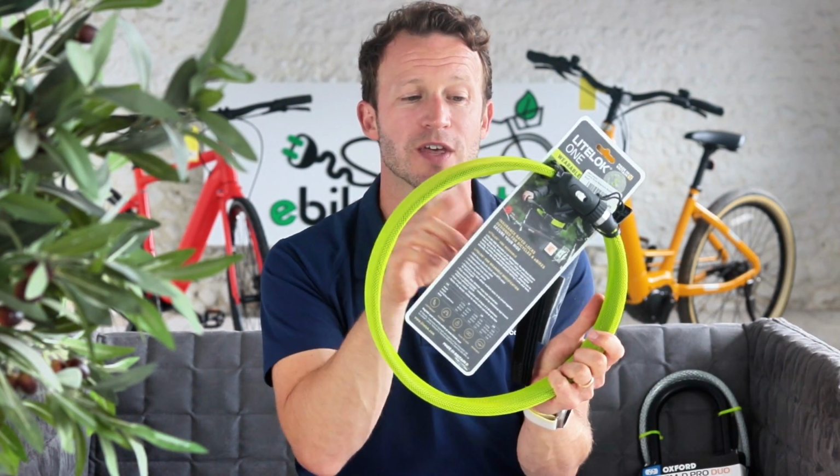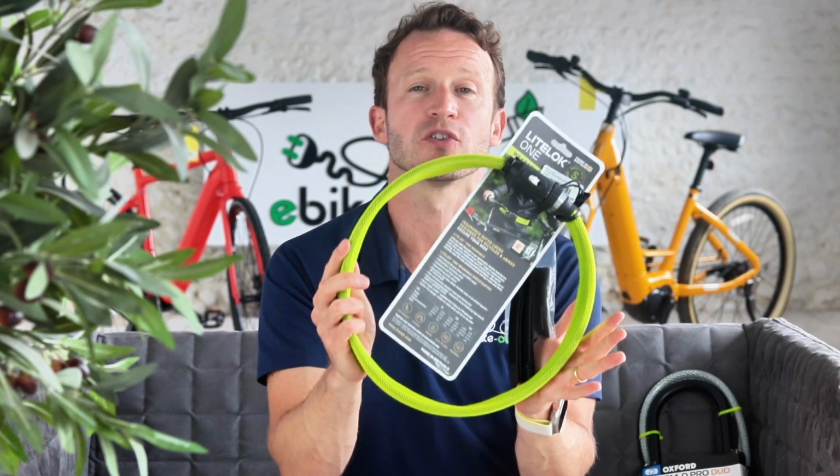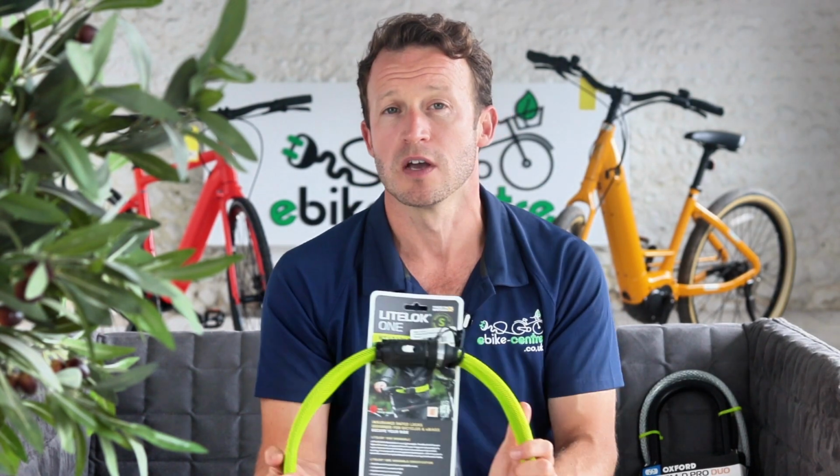But the main reason I'm showing you this is it's got a circumference that goes around your waist, and it's got attaching points to go around there as well. Pros and cons. Pros, obviously it's very easy to transport about. You just jump on your bike in the morning, throw it over, or put it around your waist. I say not throw it over, it's never going to go over your head. But yeah, you put it around your waist and off you go, and when you get to the location, you